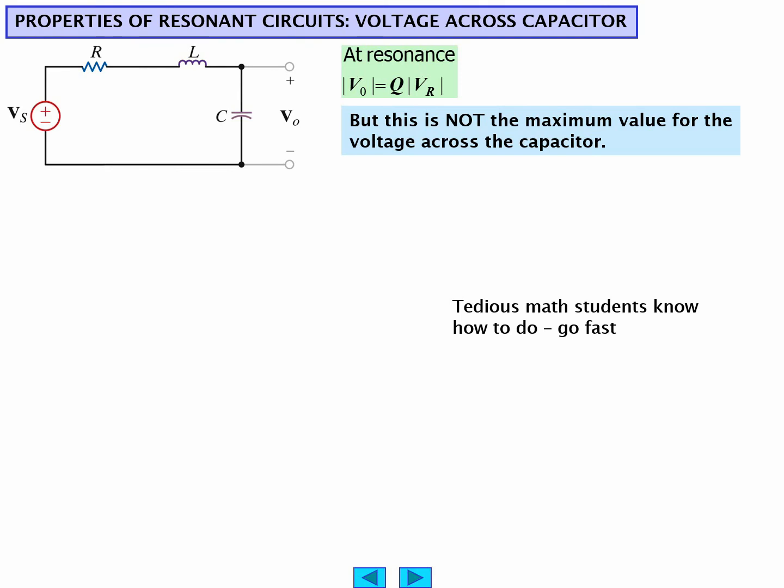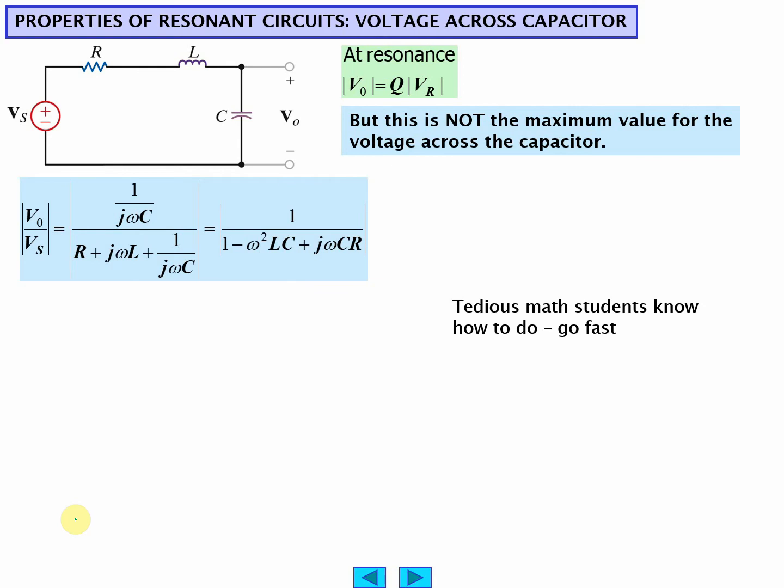Okay, we're back. We're going to be working on voltage across the capacitor. We've been talking about, most of the time, voltage across the resistor and not the capacitor. This time we're going to be talking about voltage across the capacitor. Lots of tedious math. So here's the equation, the ratios of the impedances, and you crunch the numbers and you get this right here